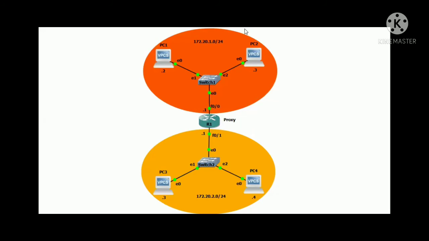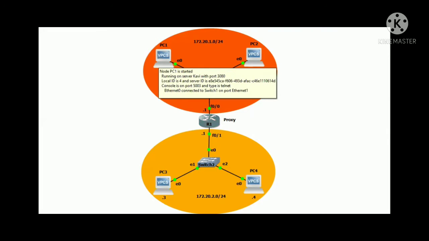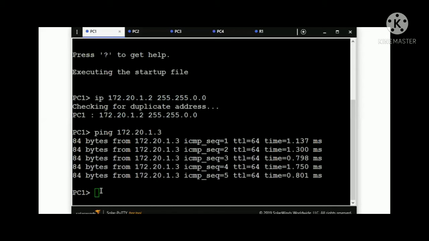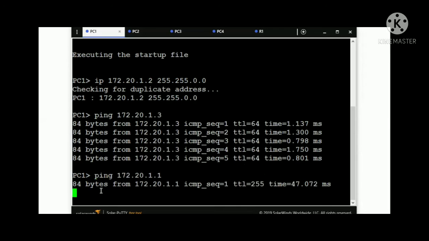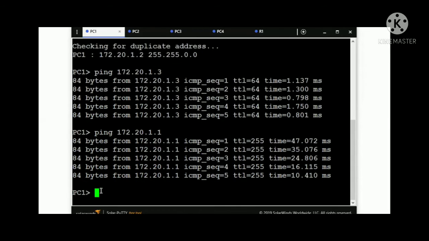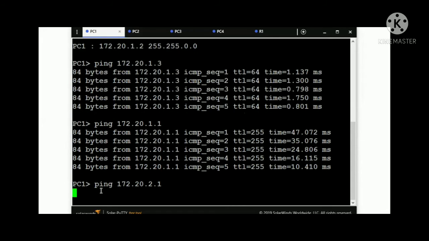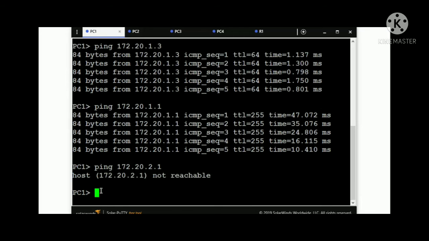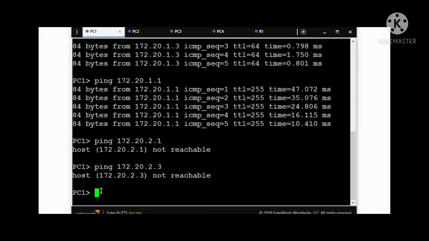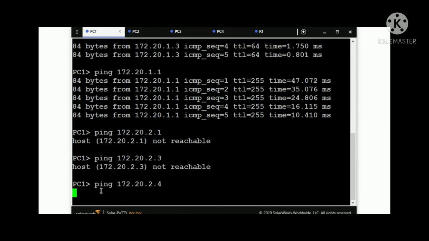Okay, on PC1 I'm going to try to ping PC2 and router 1. You can ping 1.3 and 1.1. So I can ping 1.3 and 1.1, but 2.1 is not reachable, then 2.3 not reachable, then 2.4 not reachable from PC1.